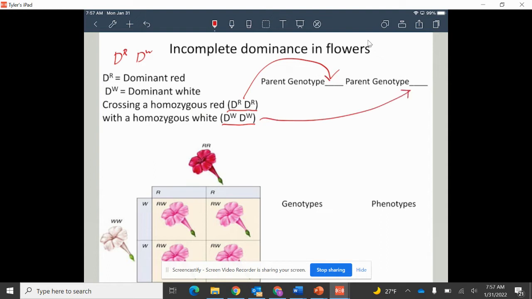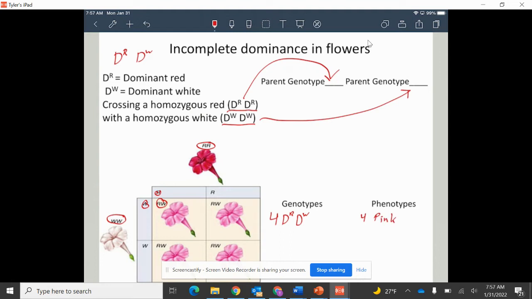And so we set up our Punnett square, right? We get the red flower over here, white flower over here, and in every single box, we get a W and an R, right? Every single box in our Punnett square, we get one R and one W. So you get a red allele and a white allele. And because this is incomplete dominance, they both sort of meet in the middle when you get the phenotype. And so we would write this as this. We would say 4 DR DW, and because this is incomplete dominance, the red and the white mix to make 4